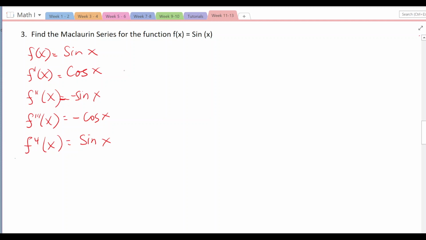So in here this will become f5 of x, and then f6, because it's recycling. This one will be negative sine again, just like before. It comes back to the beginning there. And then this is the same as our f6 of x, and then this is the same as our f7 of x, and then this is the same as our f8.